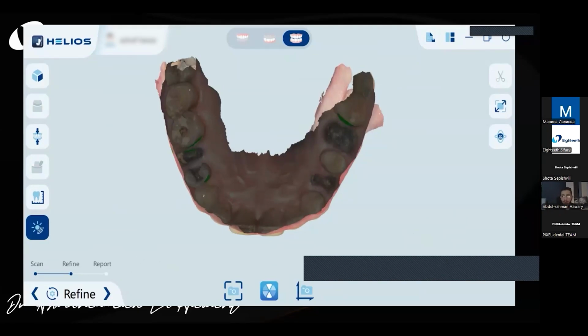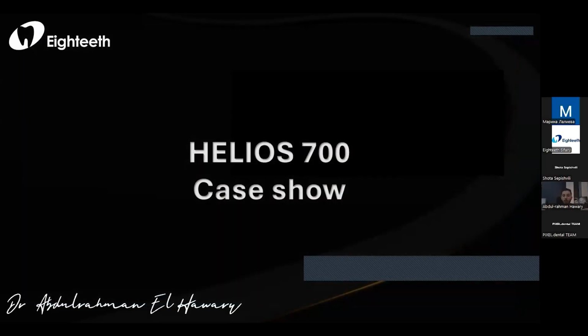Whenever I have a scan like this, I don't even do a try-in, or a temporary restoration as a try-in. I just go for the final restoration because I'm sure of the occlusal dimensions and of my bite scanning. Now I'll be showcasing two cases that were done with the Helios